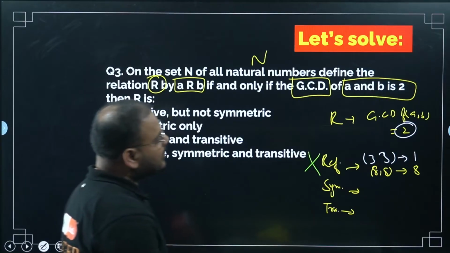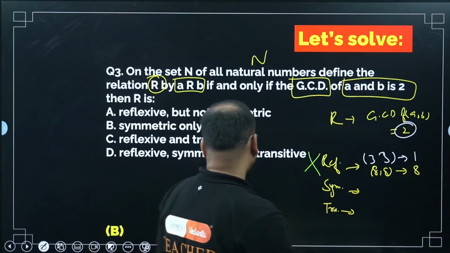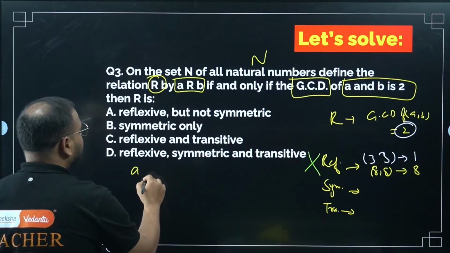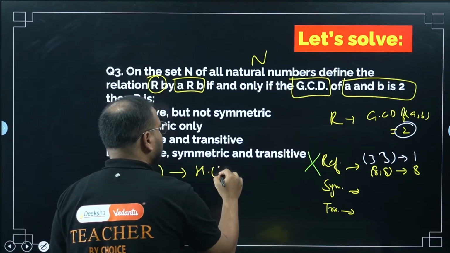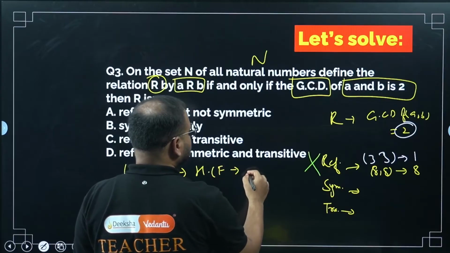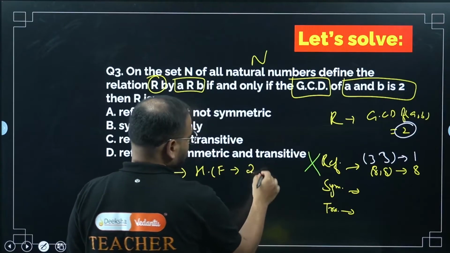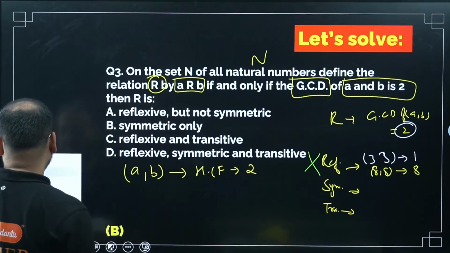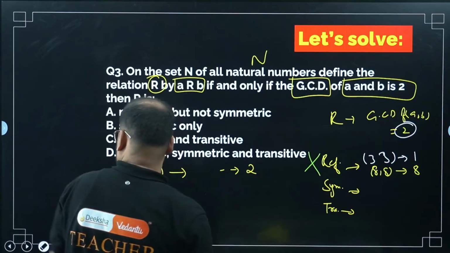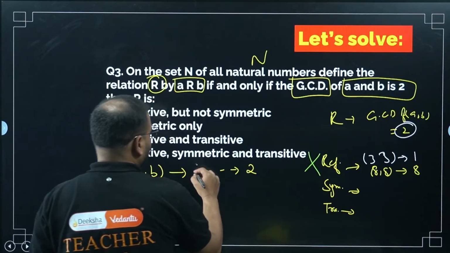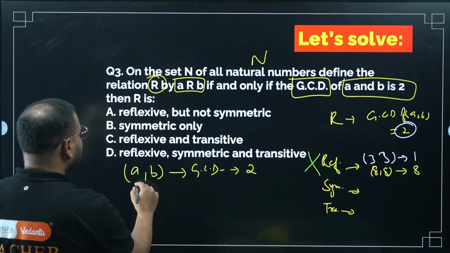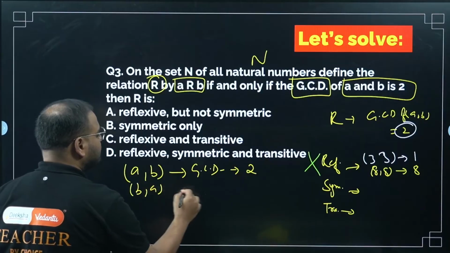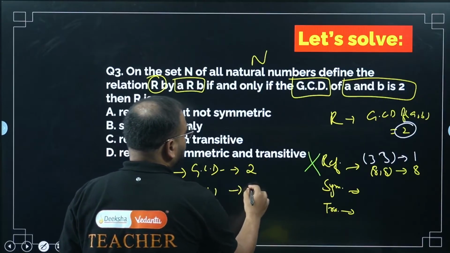Symmetric. For two numbers A and B, HCF is basically 2, or GCD is 2. Let's write in the term they have given, so as not to confuse you: GCD, greatest common divisor, is 2. Then obviously for B comma A it will remain the same, no? Even for this it will be 2 only, right?